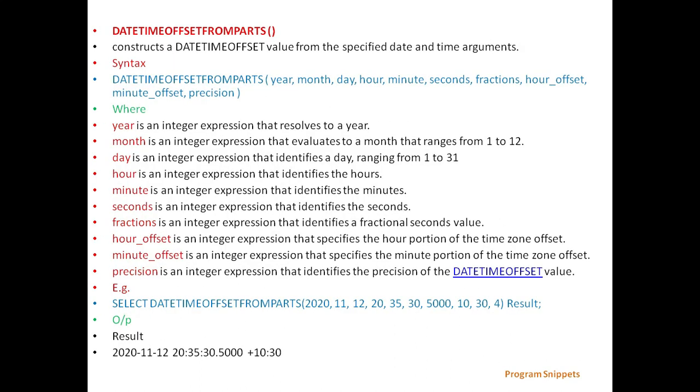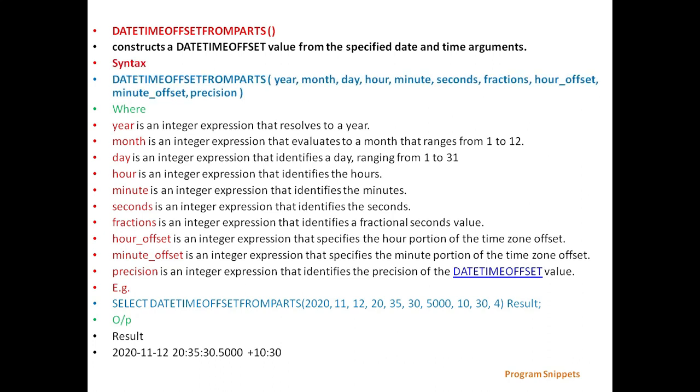Next is DATETIMEOFFSETFROMPARTS. This function constructs a datetimeoffset value from the specified date and time arguments. General syntax is DATETIMEOFFSETFROMPARTS with parameters year, month, day, hours, minutes, second, fractions, hour offset, minute offset and precision, where year is an integer expression that resolves to year, month is an integer expression that evaluates